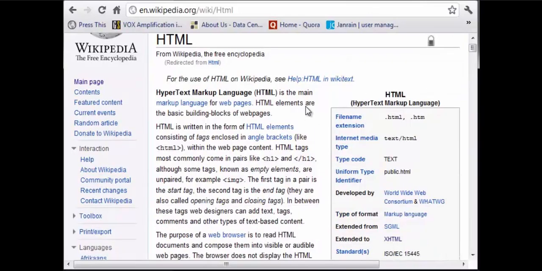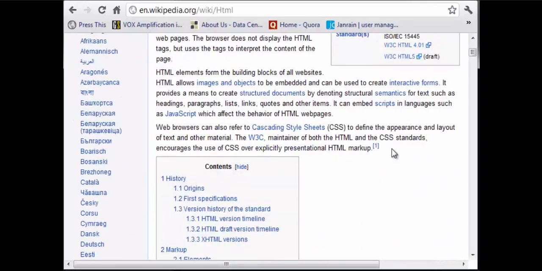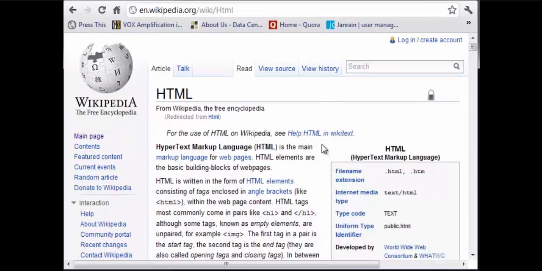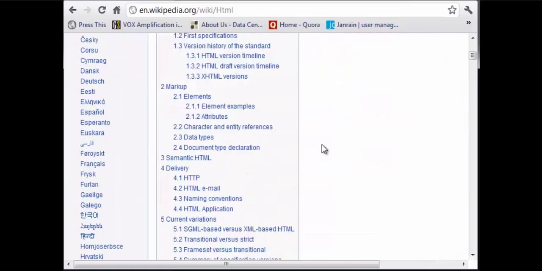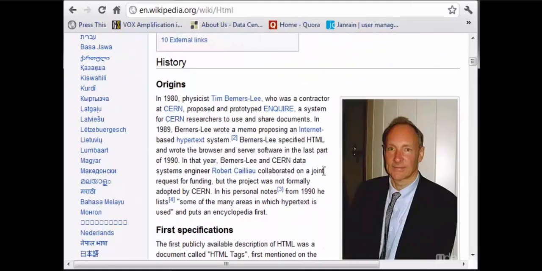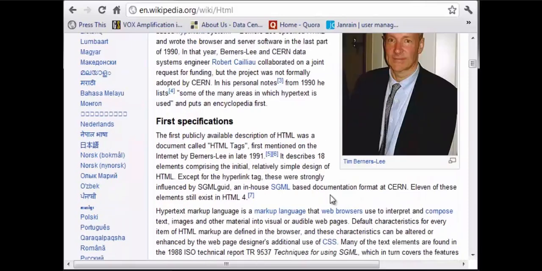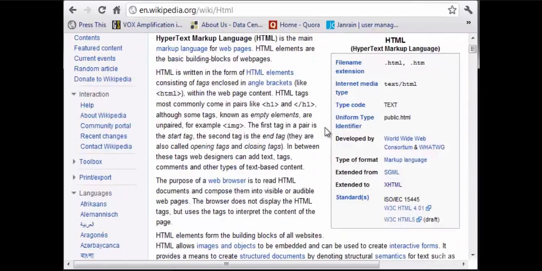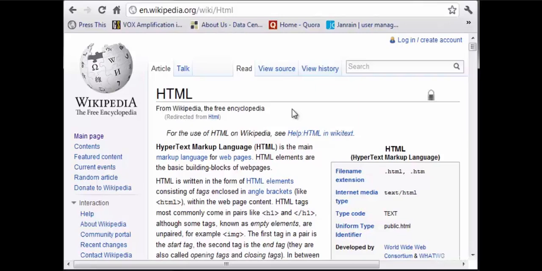So you can read all this, or at least the first paragraphs, to see the story of HTML and how it was created. But basically I can tell you that HTML was created in 1991 by this gentleman here, which is Tim Berners-Lee, and he created a code that made it possible for us to create web pages on the internet. Okay, and basically it was a very big thing at the time. So throughout the 90s everybody was creating web pages using HTML, which was the first version of the code,